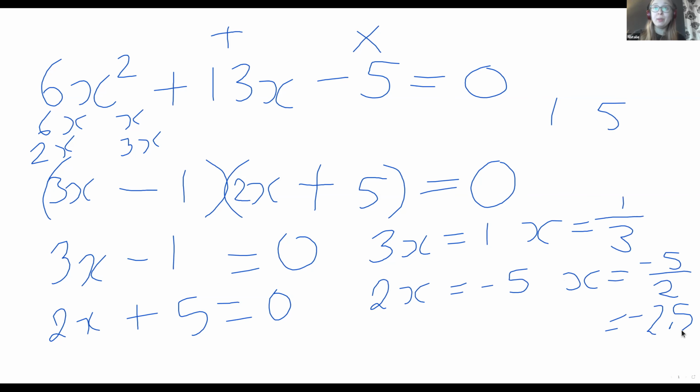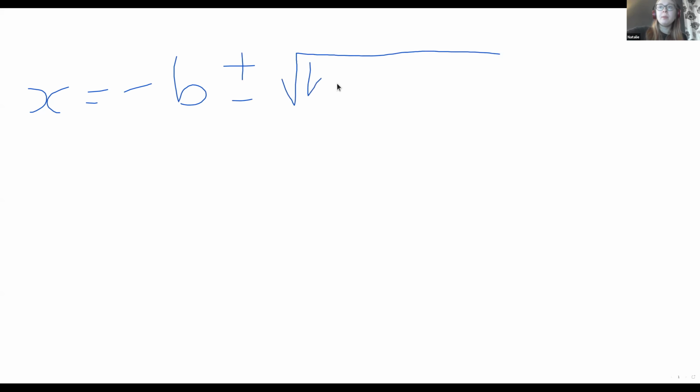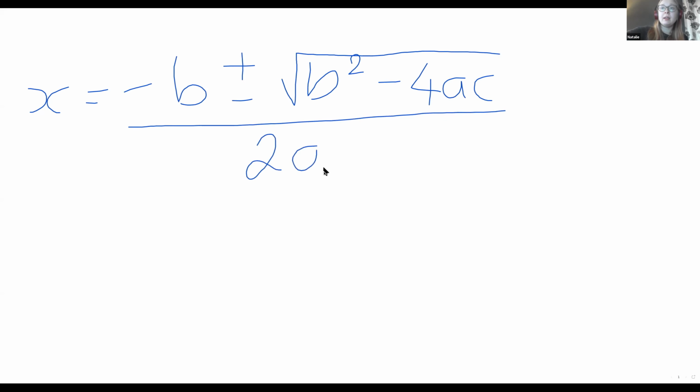Now, the other way we can solve a quadratic equation, let's say we were struggling to factorise that one because it was particularly tricky, is by using the quadratic formula. Now, the quadratic formula is x is equal to, feel free to pause and have a go and see if you can remember it, minus b plus or minus the square root of b squared minus 4ac all over 2a,